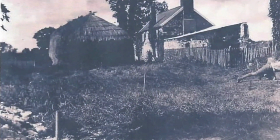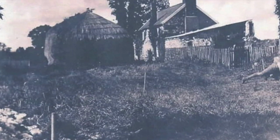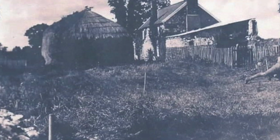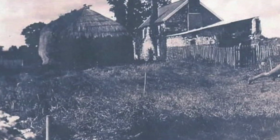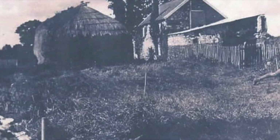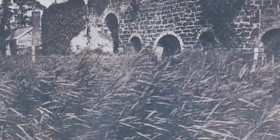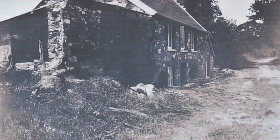Whilst there are no records to tell us when lime burning actually ceased at these lime kilns. Following the sale of the kilns in 1897, later records do show, however, that a party of soldiers wounded in